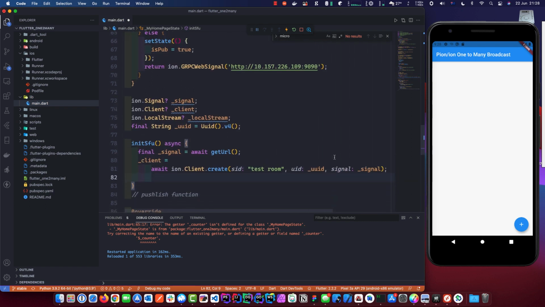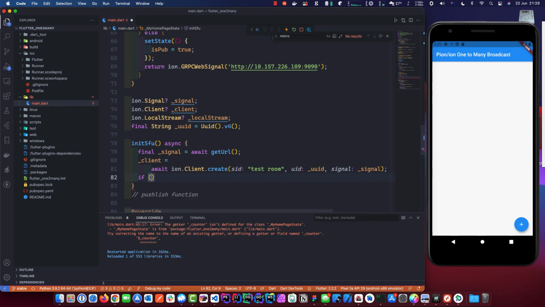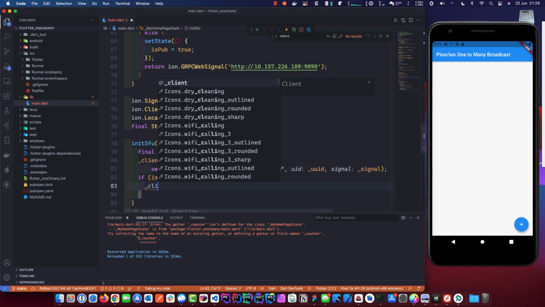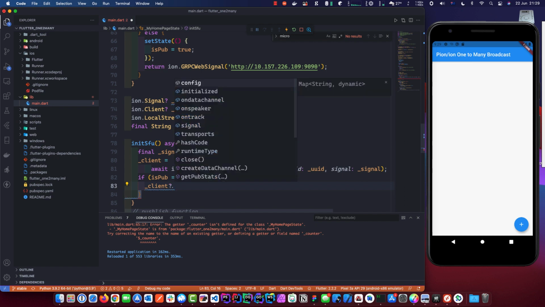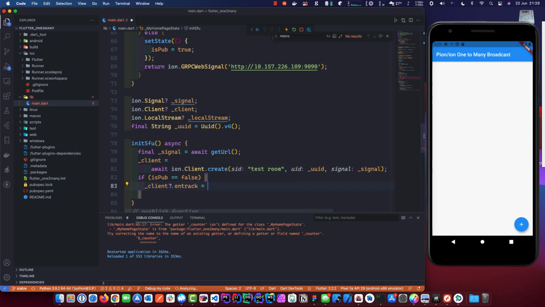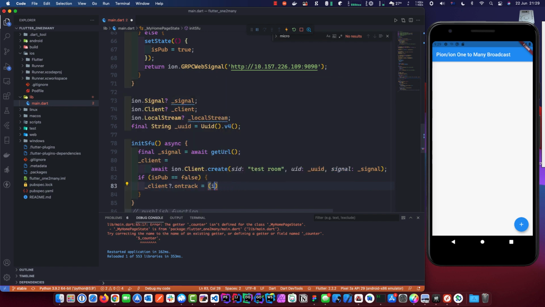Okay, after the client, it's on track we have to put in here, but we only want to do it on track if the client isn't a publisher, so we have to do that. We have to use this variable now, equals false if it's not a client. Okay, and we want to see this on track. Okay, client, and this could be a null, so we will put a question mark there. Okay, and then on track equals, we'll get a track from it. Oops, track